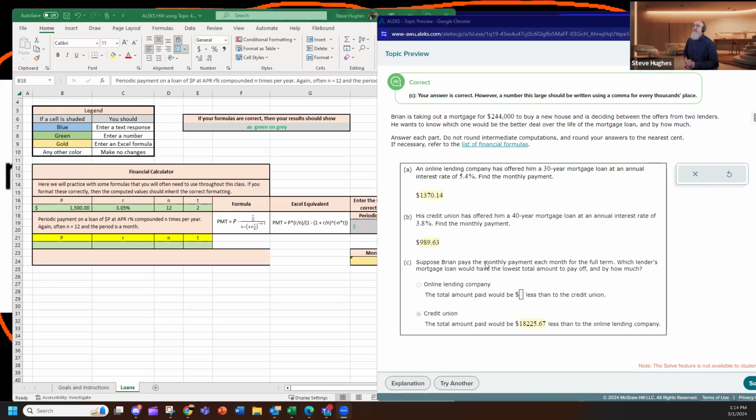All right. So then it says, do not round your intermediate computations, round your answers to the nearest cent. And look, here's a list of financial formulas. So you keep reading, and it says, he has a 30-year mortgage at an annual interest rate of 5.4%. Find the monthly payment. And you say to yourself,